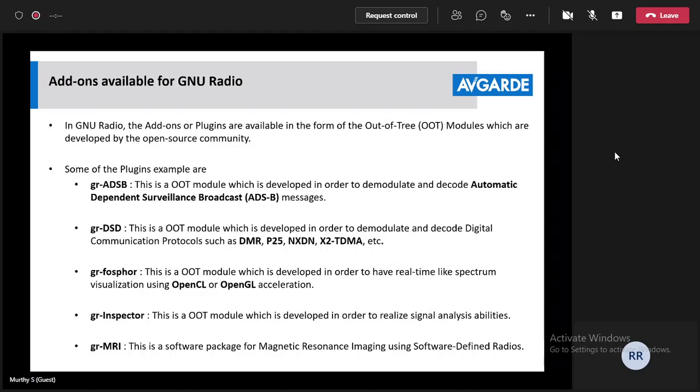Then we have GR Phosphor. This is also an OOT module which makes use of OpenGL or OpenCL acceleration to provide real-time spectrum visualization on the host PC. Then we have GR Inspector, also an OOT module, realized to provide signal analysis